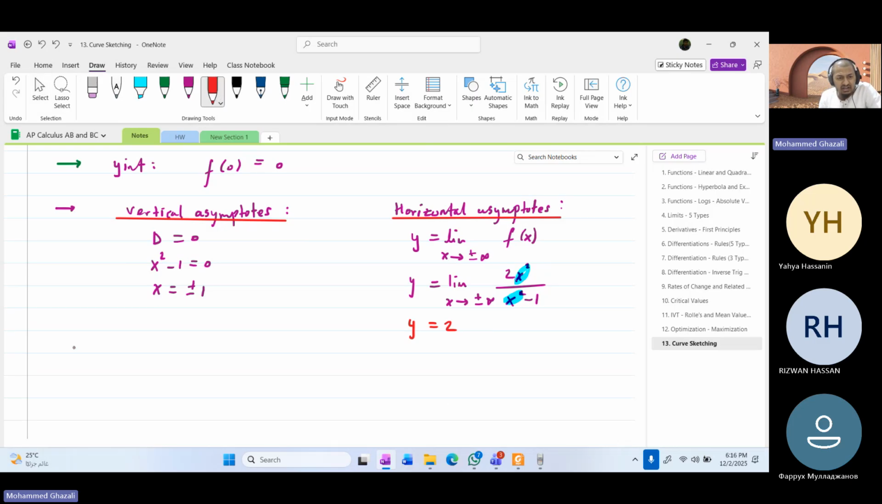Now I want to see when the graph is positive and when the graph is negative. And by the way, what is the domain of this function here? The domain is all x values except positive and negative 1. So remember, you can determine the domain from here. Domain is x is an element of real numbers except